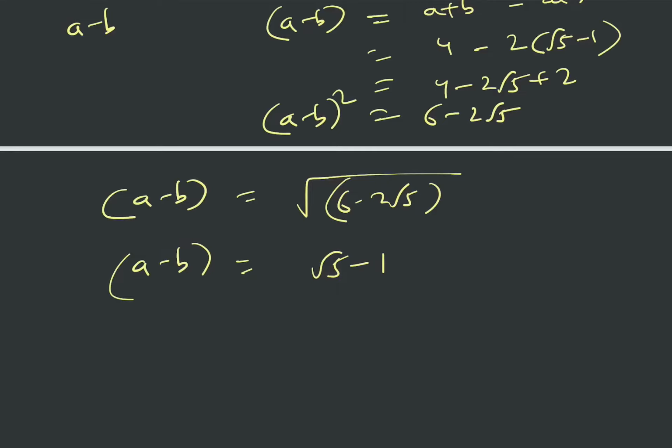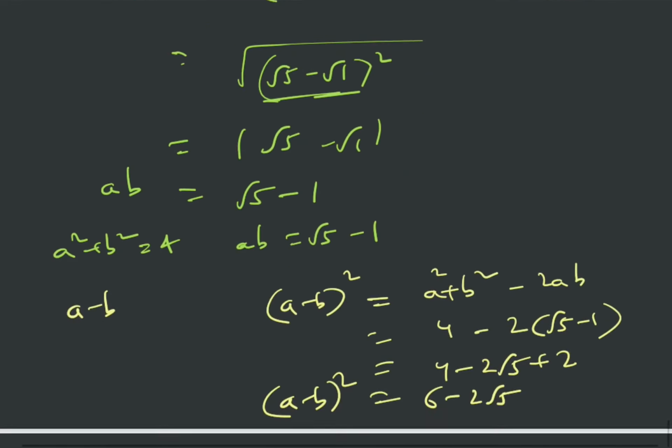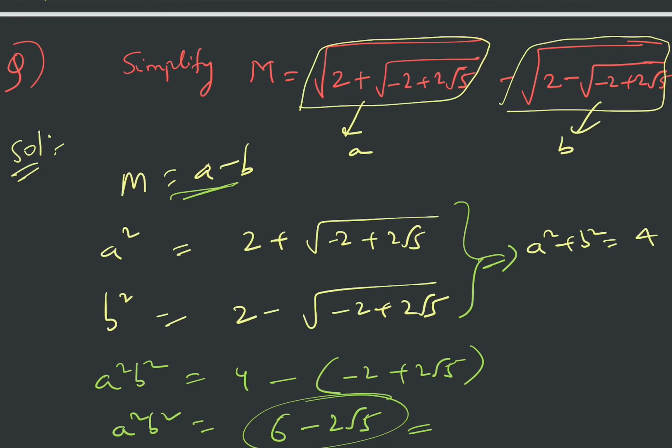You can write it as plus minus here. Actually you should write plus minus, because if x square is 4 then x is plus minus 2, right? But root 4 is only 2, not minus 2. We have dealt with this so many times. So why am I avoiding minus? Because you can see clearly that A is the bigger number and B is the smaller number, right? Because this is 2 plus something and this is 2 minus something, and this something is also a positive number, because it is inside a square root, it will always give a positive output.